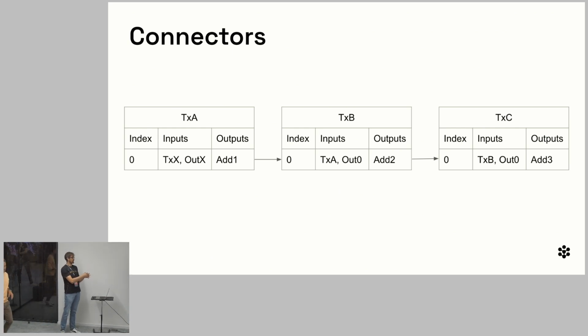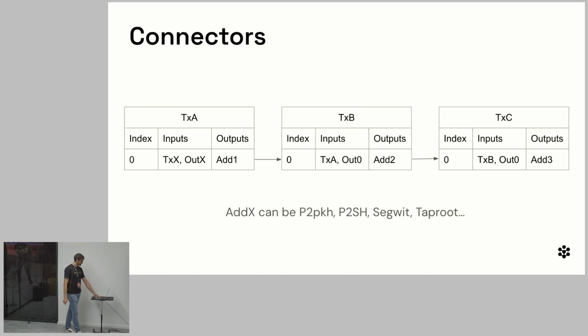So when we build a transaction, we say where the funds are coming from, expecting that this origin transaction has been published. In addition, there are several ways to free the funds. We have pay to public key, pay to hash, SegWit, or taproot. And in this case, we choose to use taproot. Why? Because